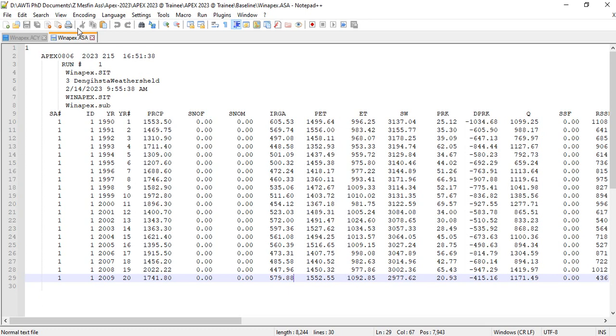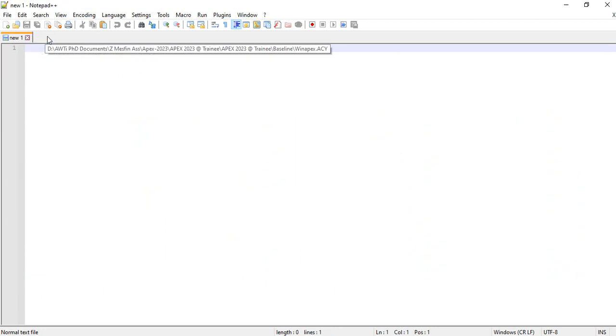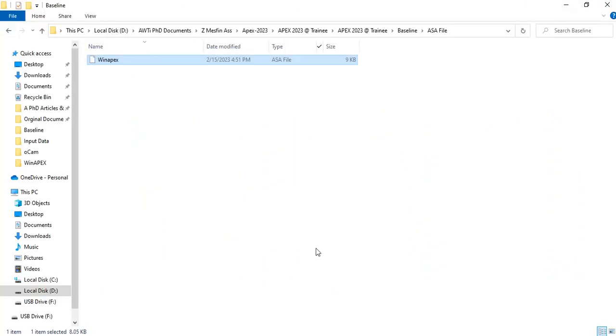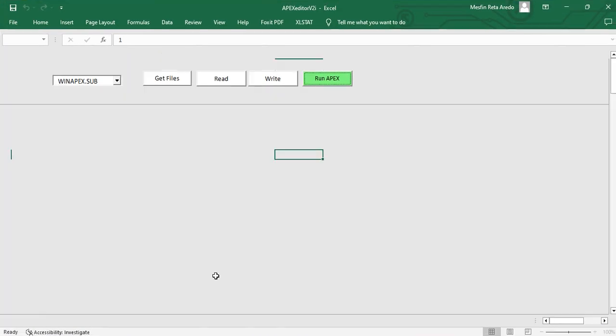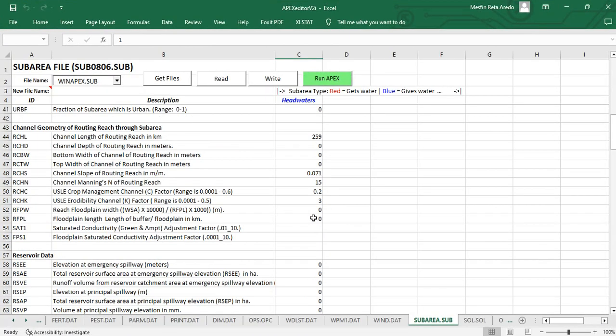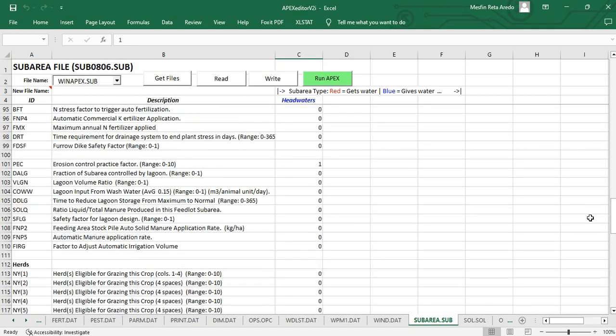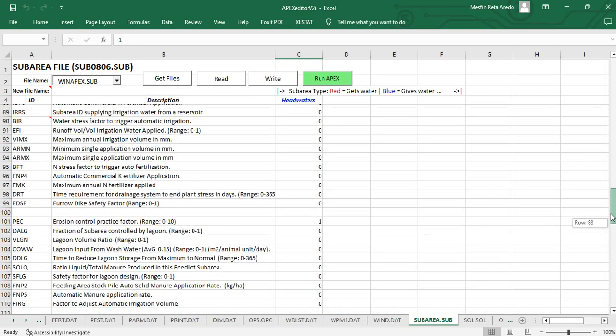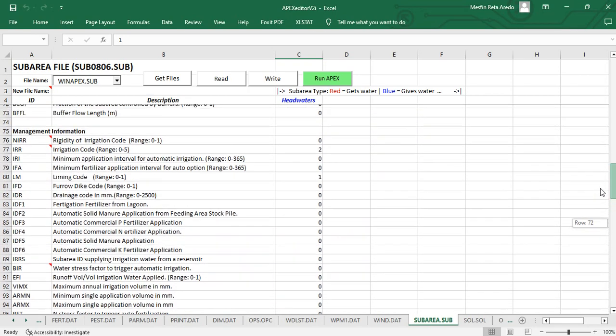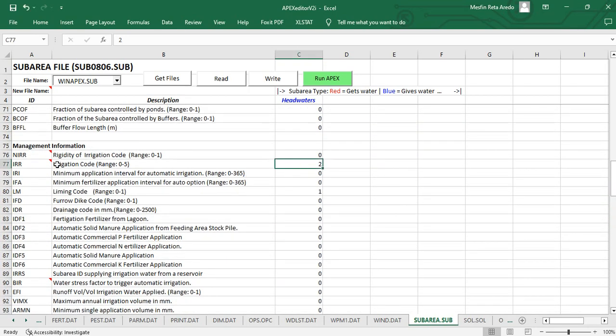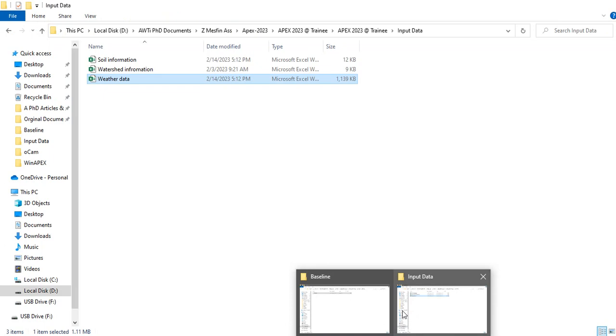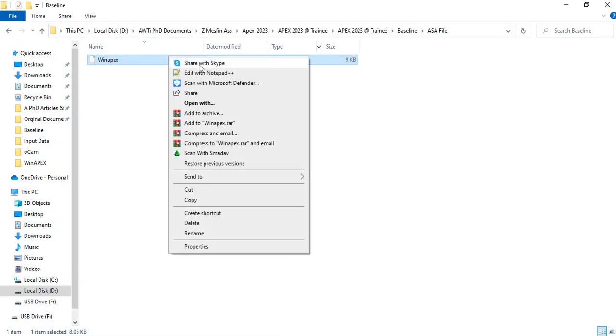You would like to see? Yeah. So what we would like to do is use the same operation but change the irrigation type here. Where is the irrigation type? Here, IRR. Let's use drip irrigation, which is 5, and write it. Let's first copy the amount of irrigation from furrow, right? Let's copy and take it to Excel. If you would like to visualize,